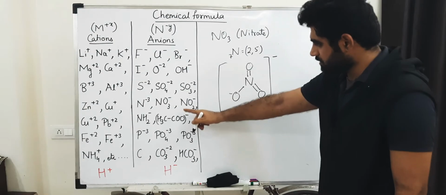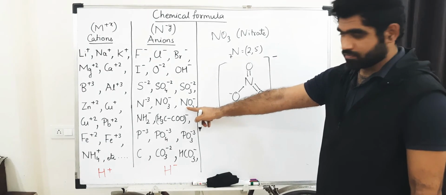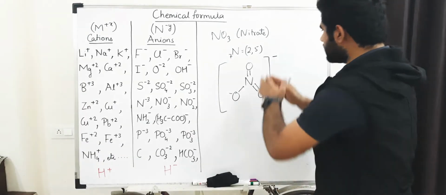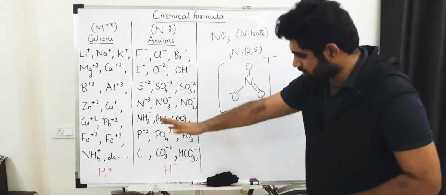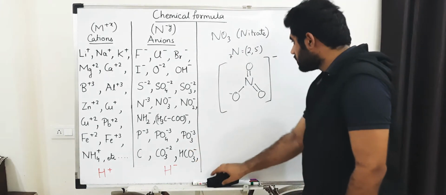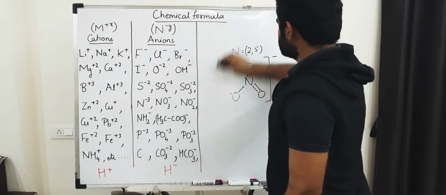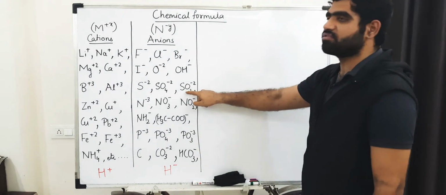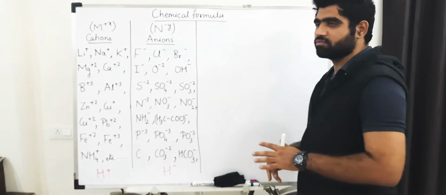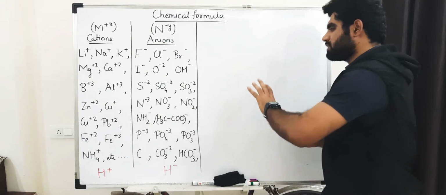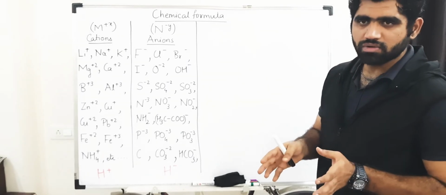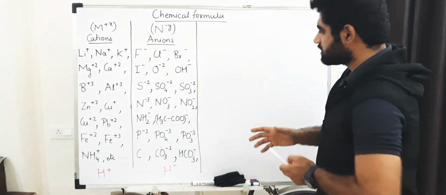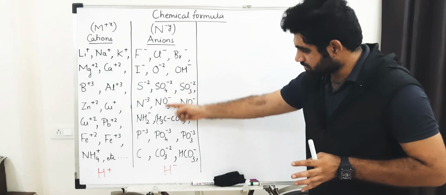Therefore, further comes nitrite. So in this way, whenever we group the atoms, we get a net charge. Similar is the case with phosphate and phosphite. However, the bonding in phosphite, nitrite and sulfite has different types of arrangements. That is not needed for you right now. Even then, if you need it, you can mention it in the comment section. I can explain that too. The type of bond formation is slightly different compared to these.